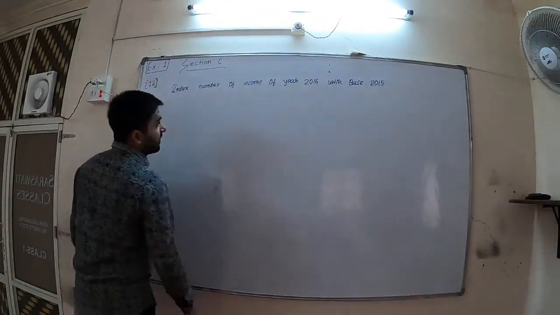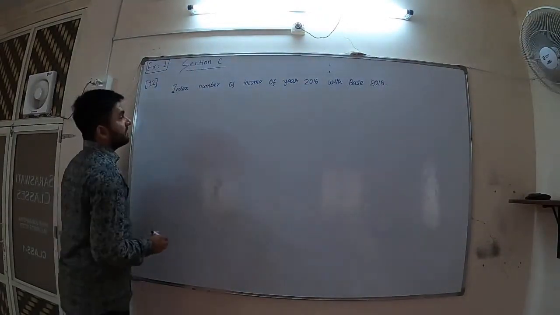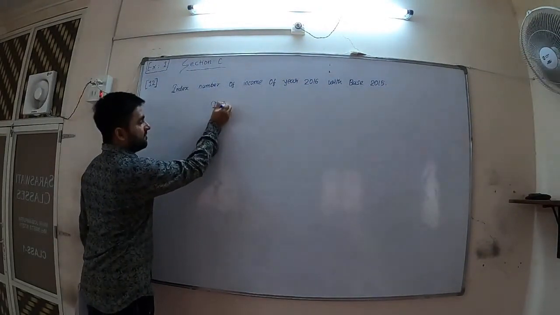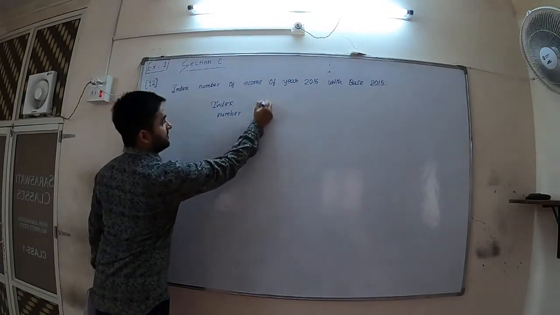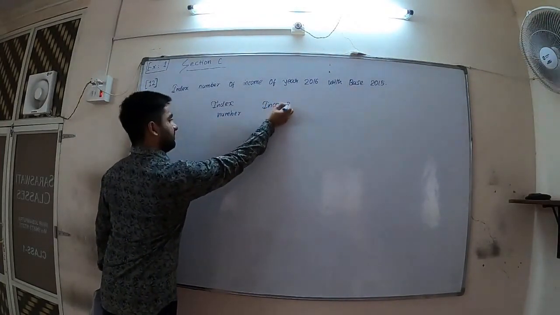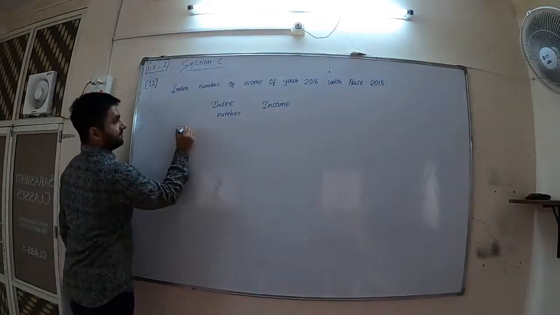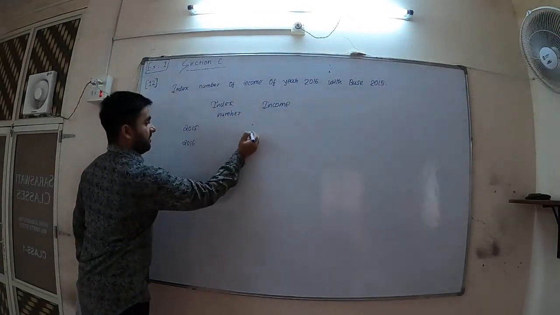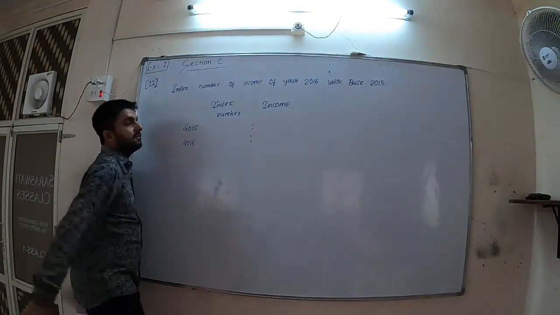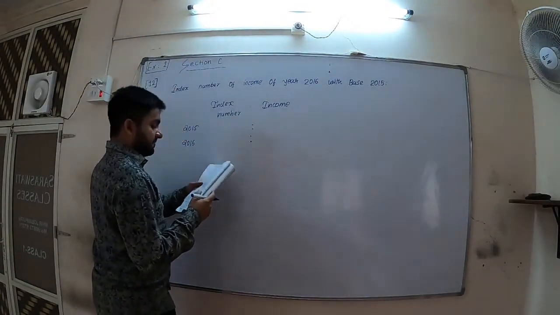Again, there are two methods to find out. One, as you remember, index number is to income. Two years are given, 2015, 2016. Now friends, we have been given both incomes,